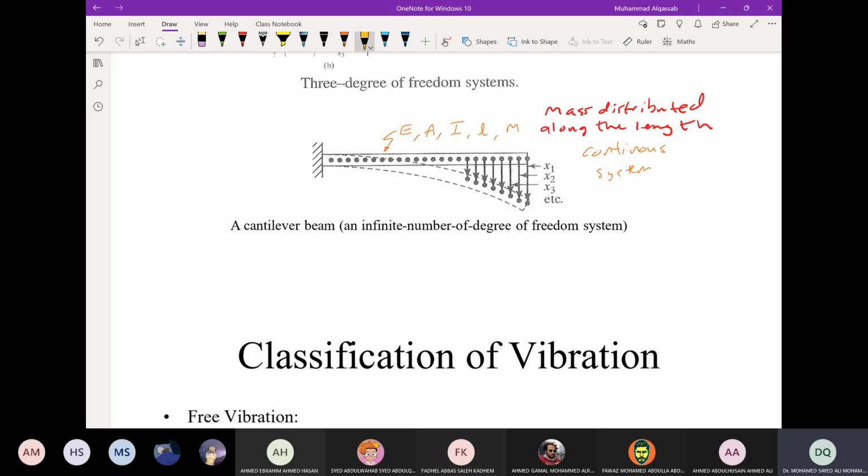We usually introduce a coordinate here, and there is mass at each point, which makes the system have an infinite number of degrees of freedom. We will approximate in this course. We will only do